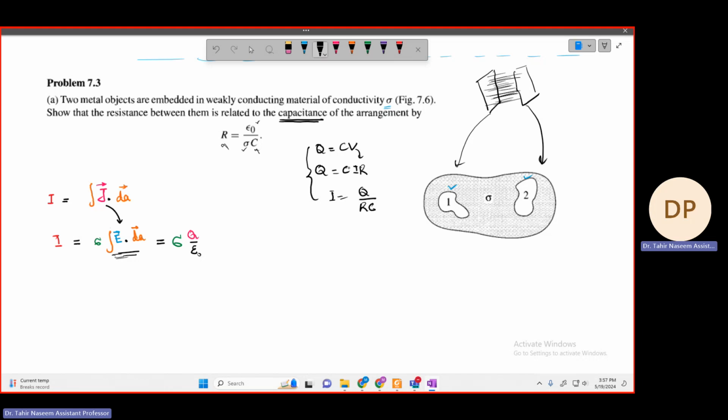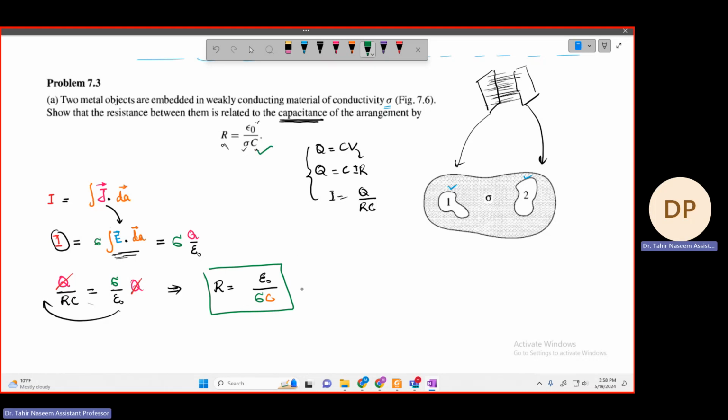सो हमें पता है कि फॉर अ केस ऑफ कैपेसिटर वी हैव Q is equal to CV which is valid। तो यूजिंग ओहम लॉ V is equal to IR, और यहाँ से I is equal to Q over RC आ जाएगा, तो ये आया। यहाँ पे हम लिख सकते हैं Q over RC is equal to sigma over epsilon times Q। So you can see Q cancels with Q, तो हमारे पास R किसके इक्वल आ जाएगा, R को आप दूसरी साइड पे लेके जाओ तो R इज इक्वल टू एप्सिलॉन ऊपर चला जाएगा, ये एप्सिलॉन ऊपर चला गया, यहाँ पे सिग्मा नीचे आ जाएगा, सिग्मा, और साथ कैपेसिटेंस आएगी C। सो दिस इज द आंसर। नहीं, यही हमें चाहिए था।